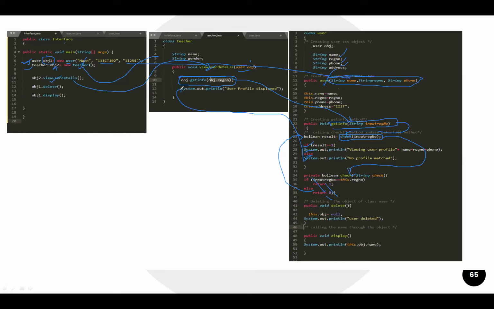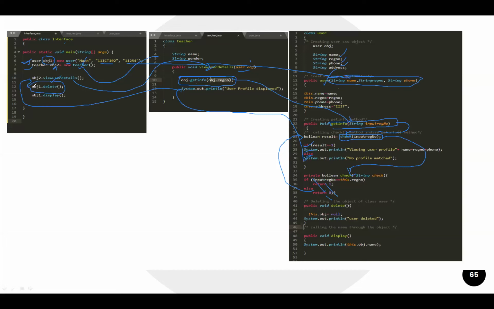And when this line is finished, where are we going to return? Yes, Nikhil, Akash. Where are we returning after this line is finished? Line number 10 of the interface class. Fine, right. So again we are going to return to line number 10 of this. Already this is executed, so line number this one.